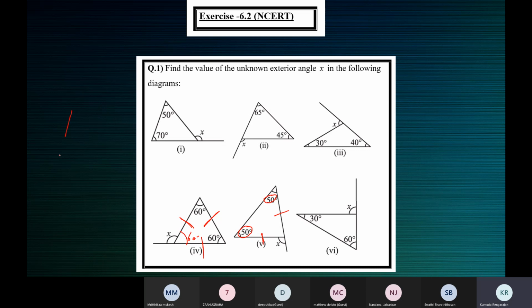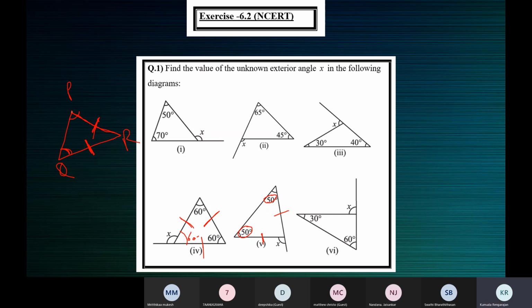Now we have a triangle PQR. We'll say that this side is equal to this side, that is, side PR is equal to side QR. Now PR, these two letters PR, leave that. The other letter, angle Q, is the angle opposite to PR. Opposite to QR, the angle opposite to the side QR is angle P.